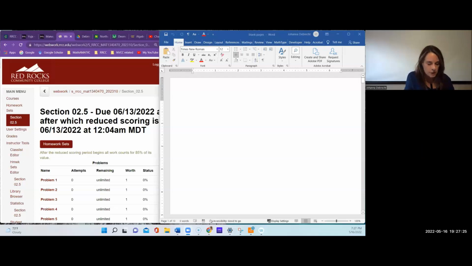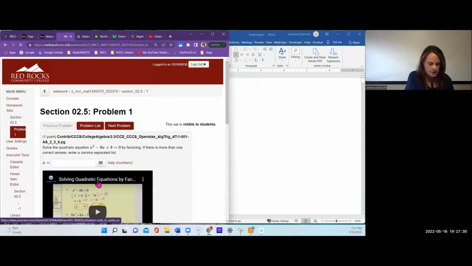We're taking a look right now at section 2.5. When I get started on section 2.5, the first problem out of the box says, solve the quadratic equation x squared minus 6x plus 8